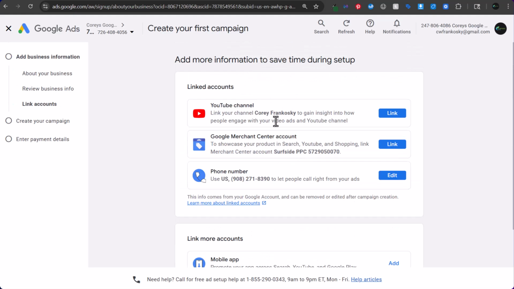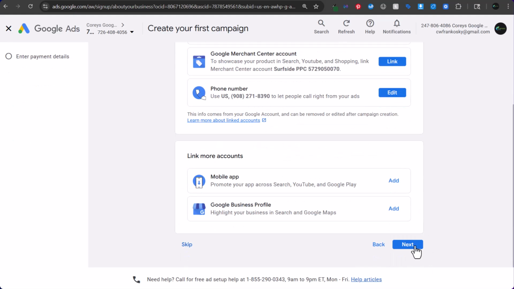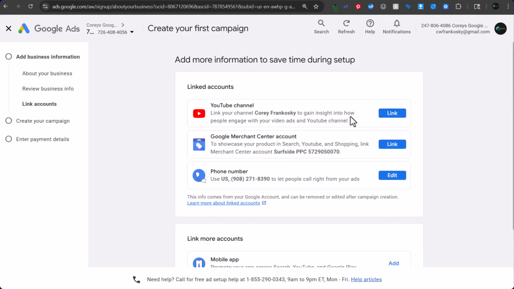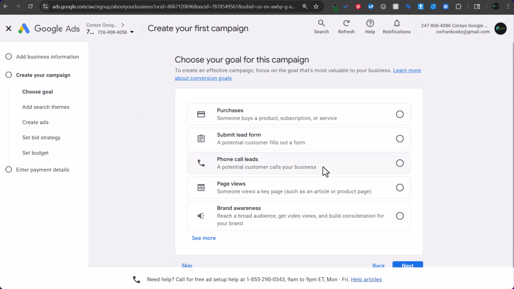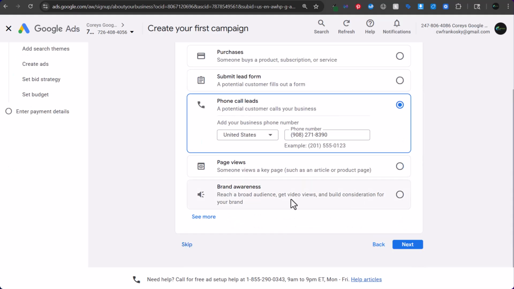So it just would link very easily. Once you click on link, it just brings it right up, just like this. So we'll click on next. We don't want to actually link this, but that's fine. Click on next. Okay, so our goals are going to be phone call leads, and then also you would want